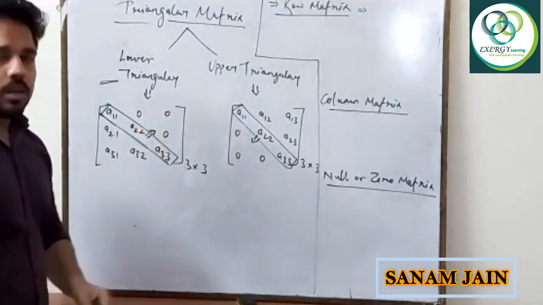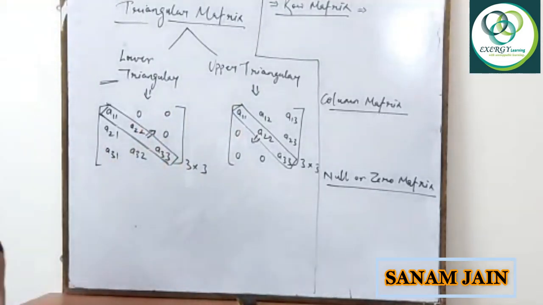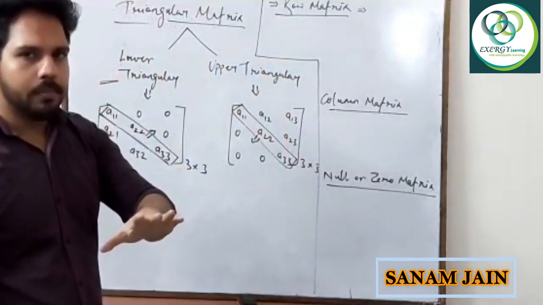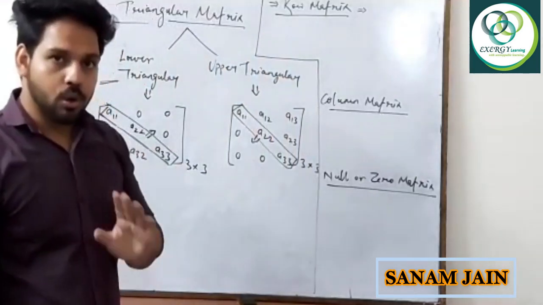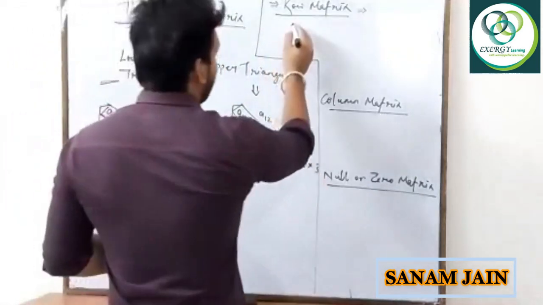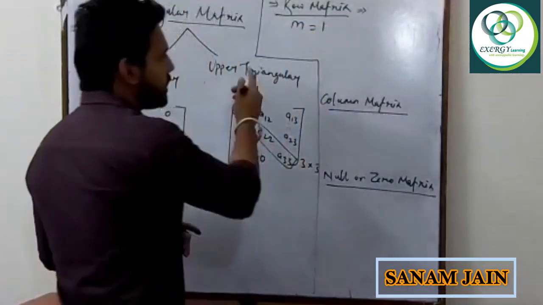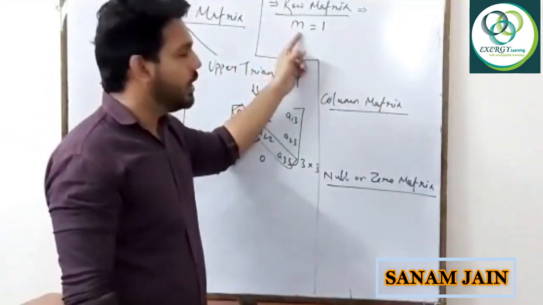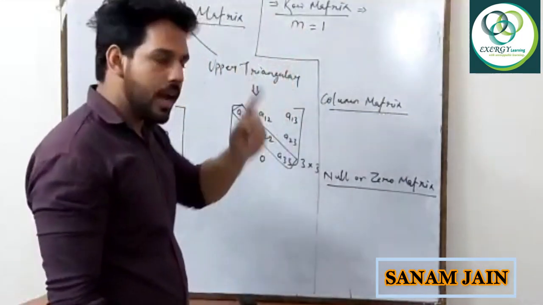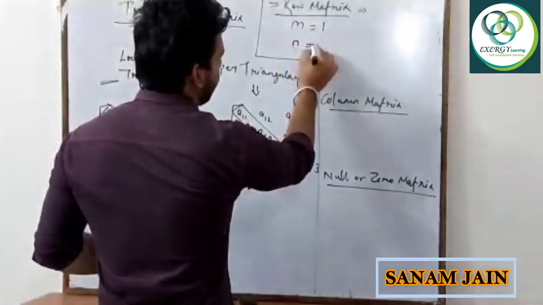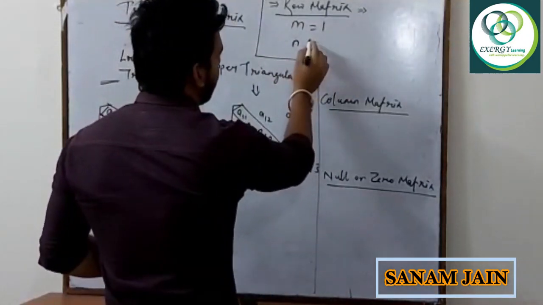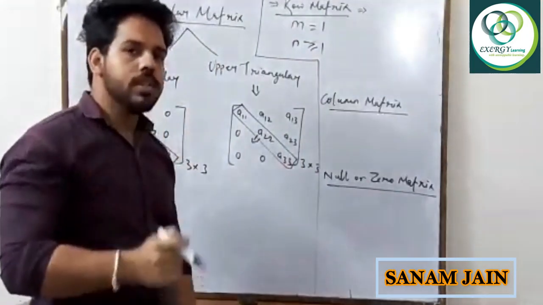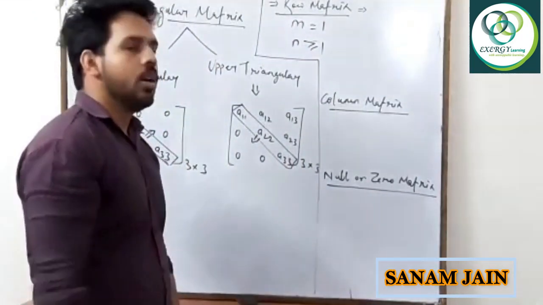Okay, so now we are discussing more about matrices. This is the last one of the square matrices. Now more types of matrix are there. Row matrix. A row matrix can be explained just by the name: row means only one row. That means m should be equal to 1. What is m? We know the number of rows is known as m. So if the number of rows in the matrix is equal to 1 and n shows the number of columns, it can be greater than or equal to 1. So you just have to learn, if the number of rows in the matrix is 1, we can say it is a row matrix.